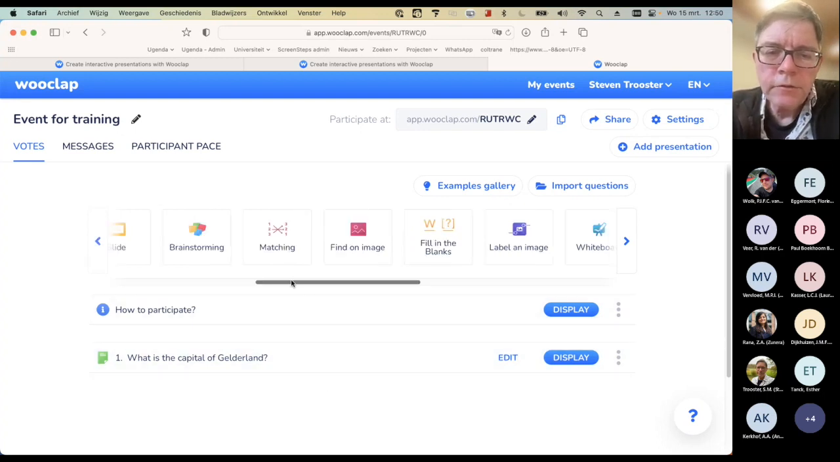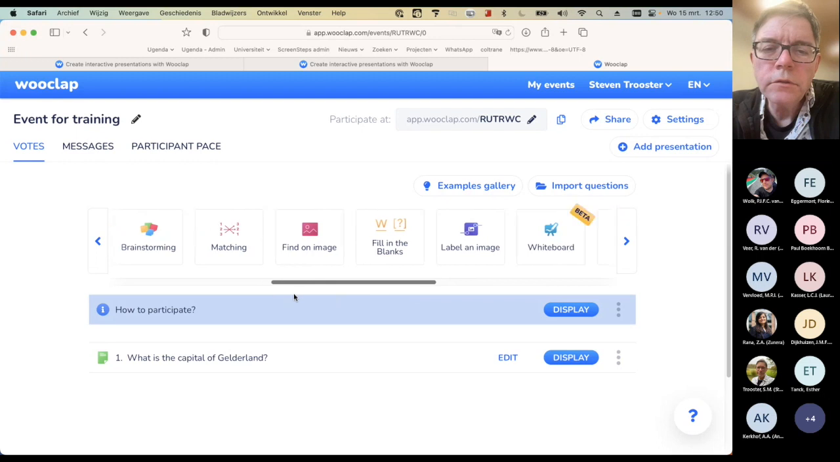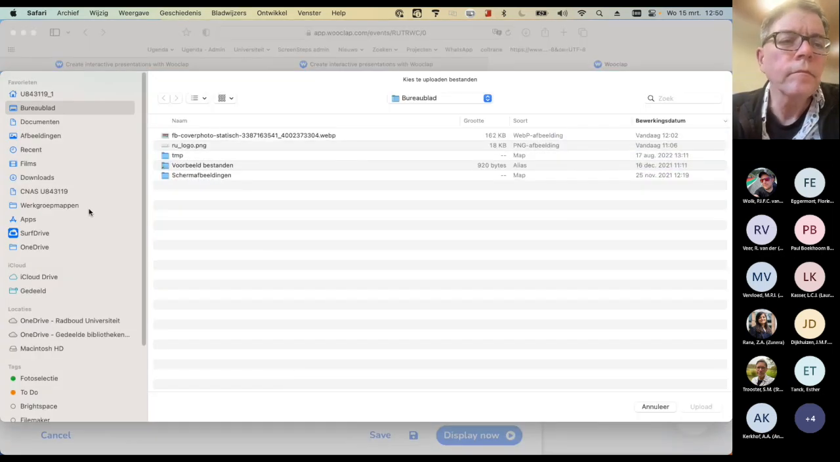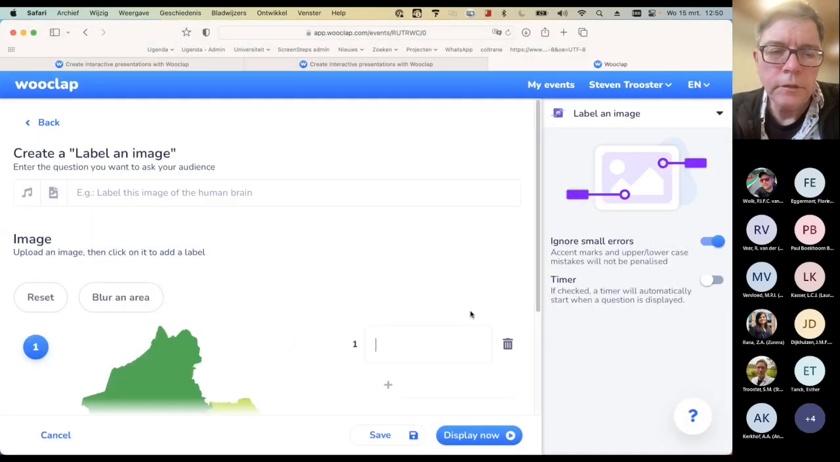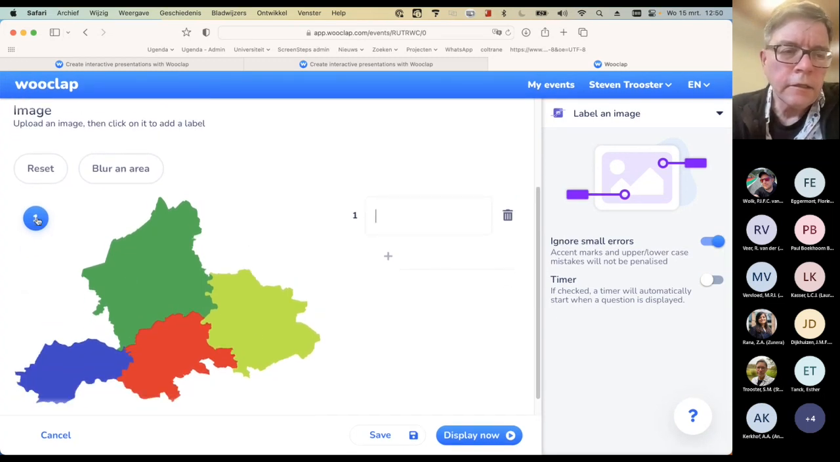Let's use another question, and I'm going to use the label an image option. So I'm going to add an image, and with this image, I'm going to create hotspots, and my attendees, my students, will have to name the hotspots on this image. So let's first upload the image. So I have here an image of the province of Gelderland,